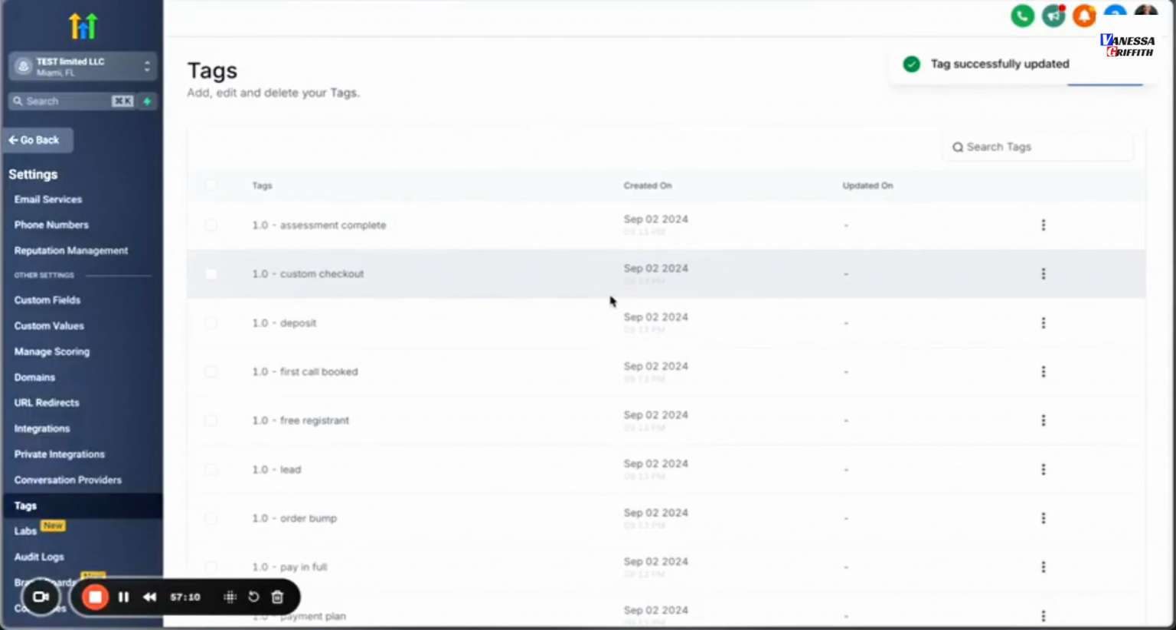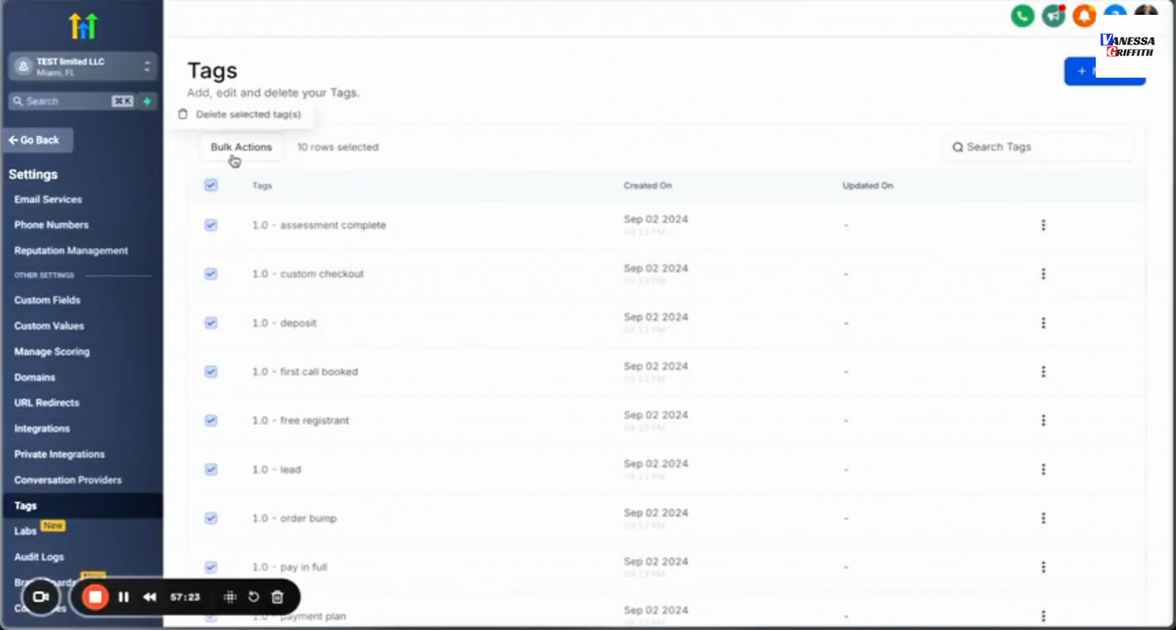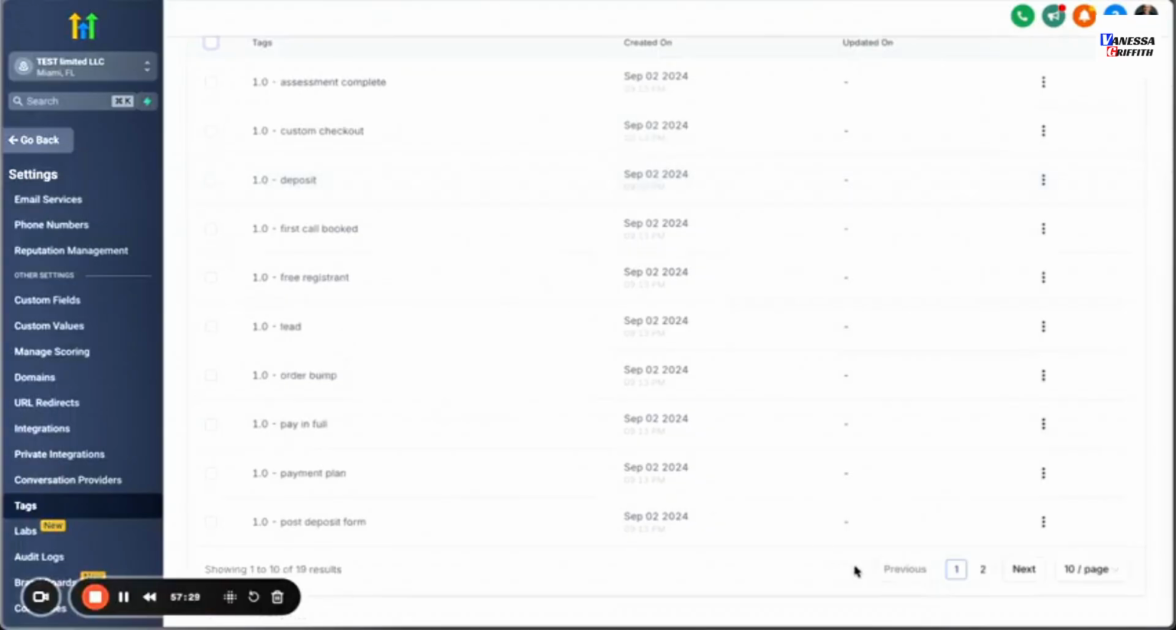And that will automatically update in all the automations. It's just going to change its name. You will not need to create a new tag for that. It will automatically update everywhere. All right. You can also do bulk actions here. You can delete tags if you need to. And yeah, basically,